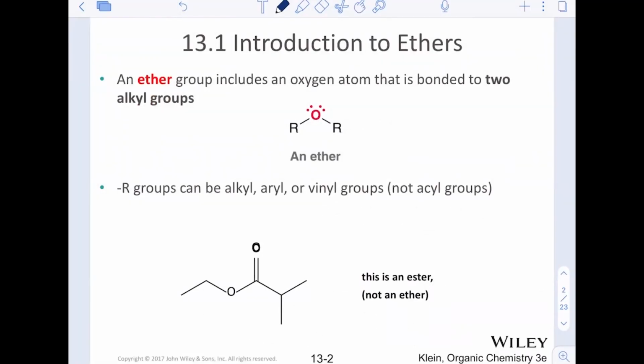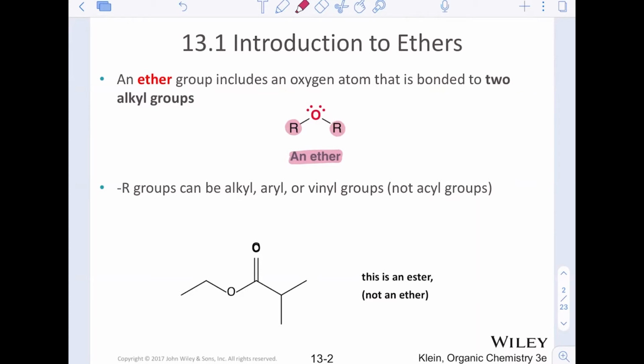Okay, let's just dive into the functional group. Just a basic reminder for what an ether is. It's an oxygen sandwiched in between two carbon groups. Do not mistake it with the ester, right? This is an ether up here, where the two carbon groups are going to be